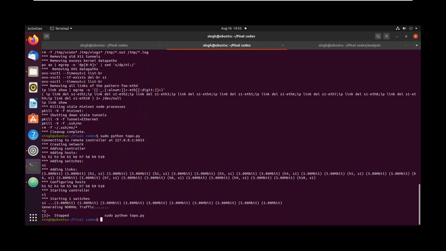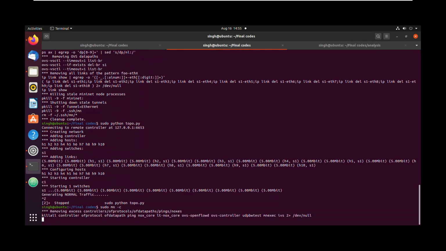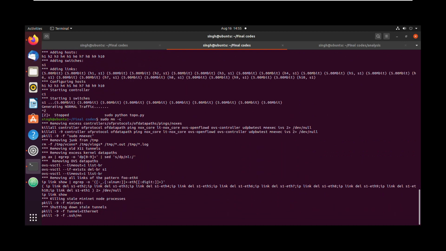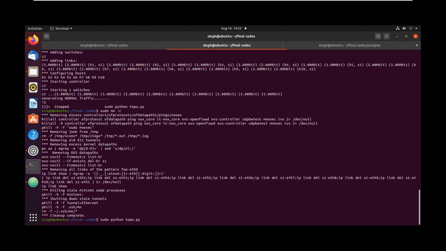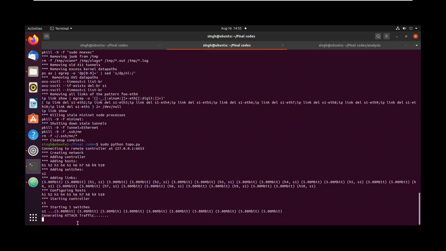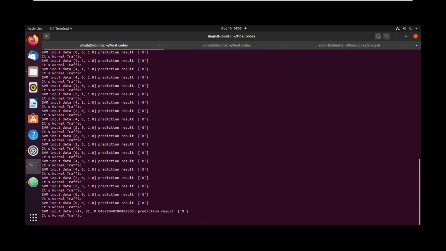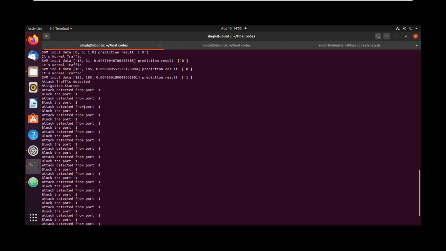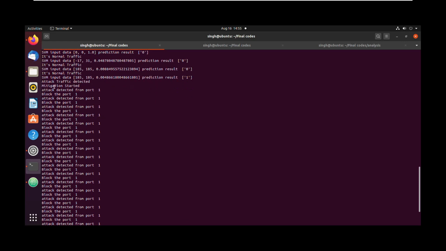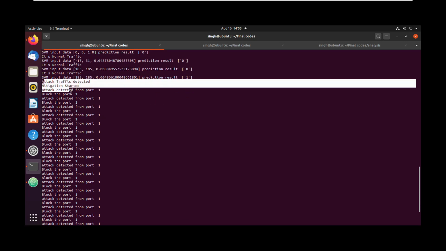I'm gonna stop the topology, clear the history. I'm gonna start generating attack traffic. As you can see, as soon as the attack traffic comes in, it sees it: attack traffic detected and mitigation started, and it blocks the